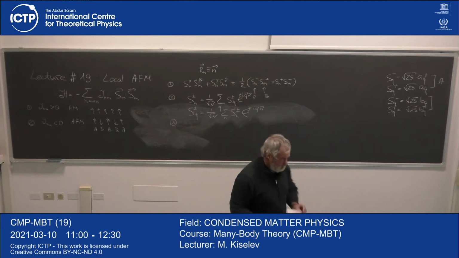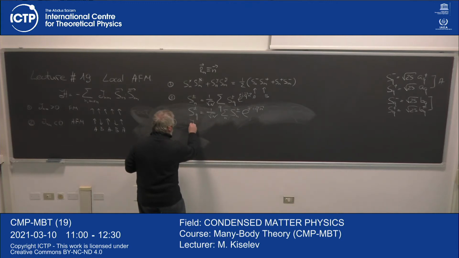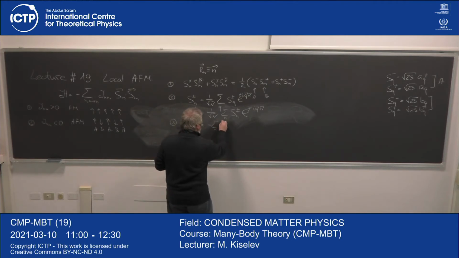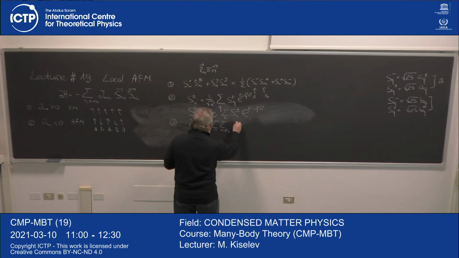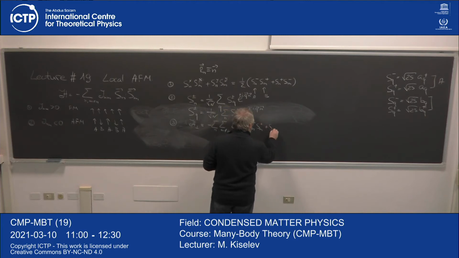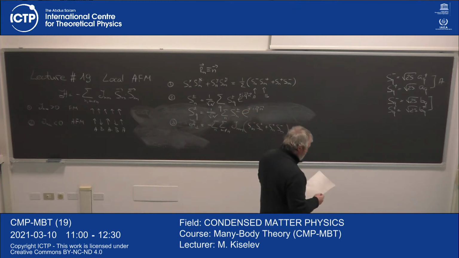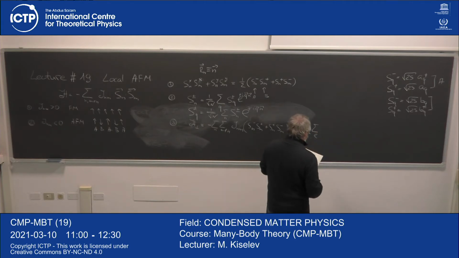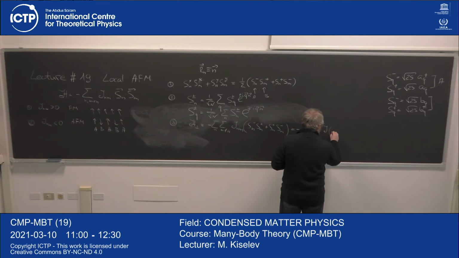So, if I do that, in the same fashion as I did in the previous lecture, this is minus the sum over n, sum over m not equal to n, J_nm (S_n^- S_m^+ + S_n^+ S_m^-). Now I will write it in terms of the operators A and B. This is minus sum over m, sum over L. I remind you that the exchange integral depends on the modulus